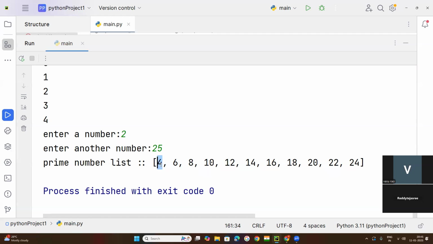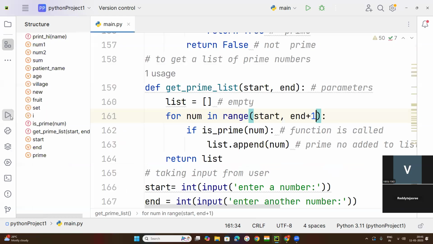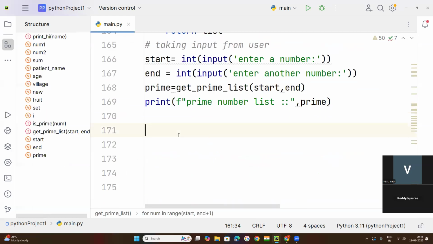No. 4 has 3 factors. Why? See, 1 times 4, and 2 times 2. 4 has 3 factors. I told you that every number has 1 as a factor. Okay, 1 is the